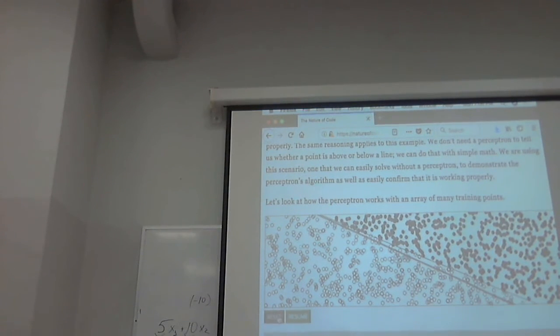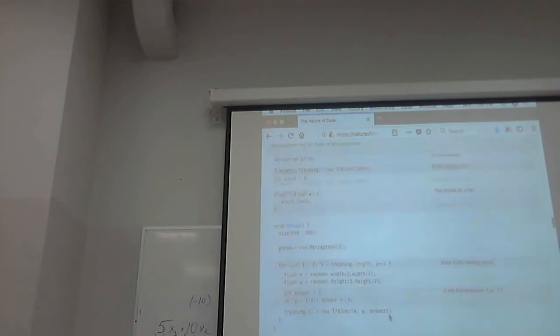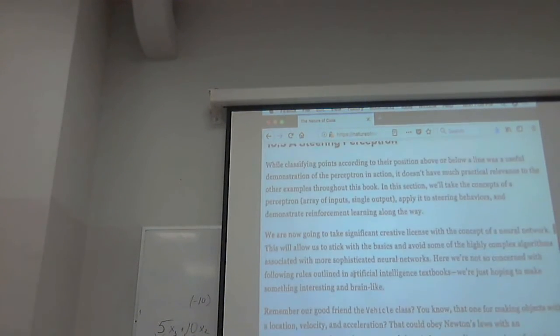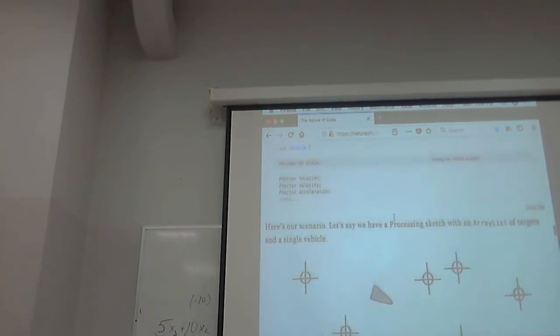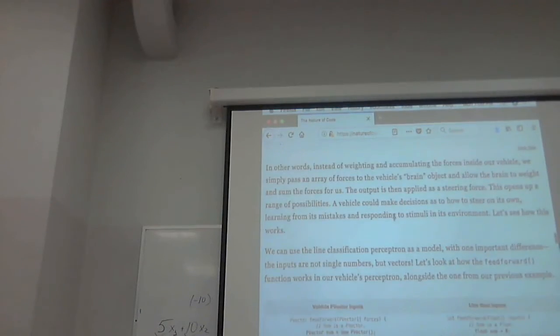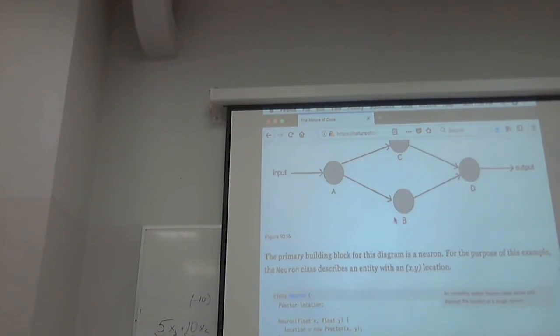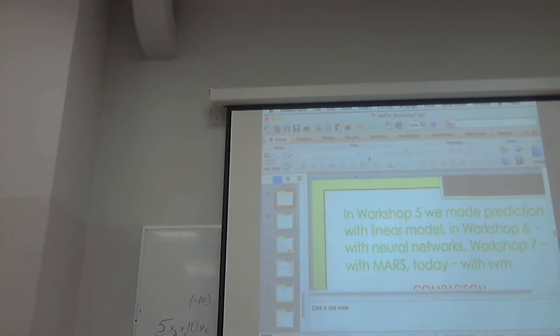Okay, so you can read it again for those who are interested. Let's stop it. There is a realization, a steering perceptron, that does more complicated tasks. You can look it up on your own if you're interested. But this is, you see, input and output. But now, this was a publication of